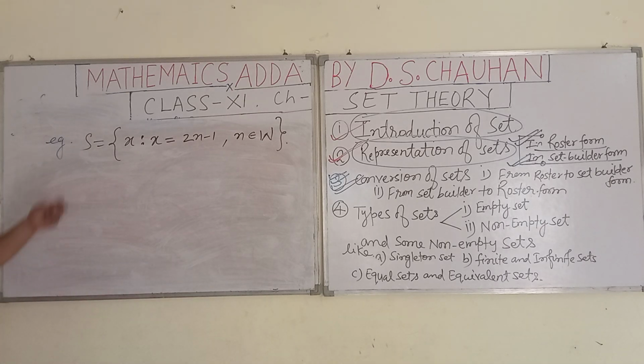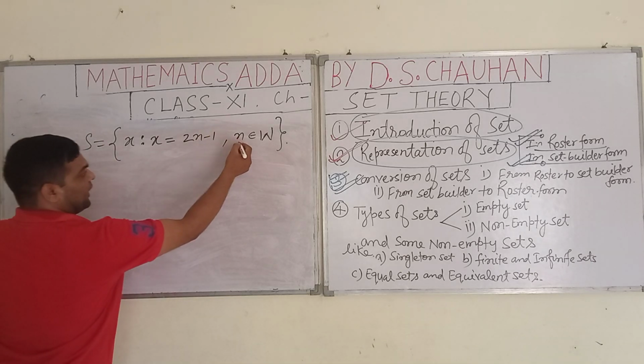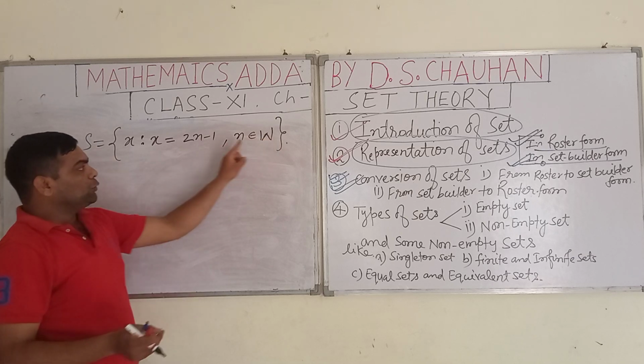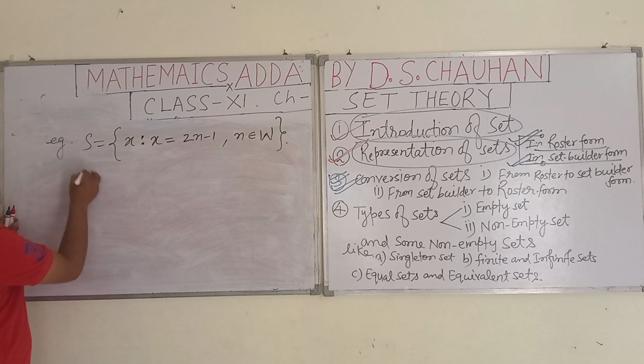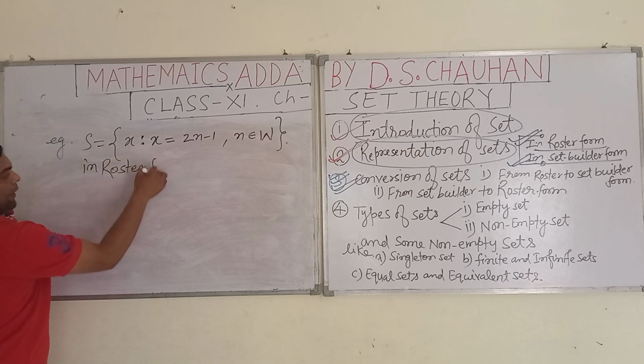So students, what will we write in roster form? In roster form, we have to write down the list of elements. Here n can take the values from 0 onwards according to this set. So what you can note down in roster form, students,